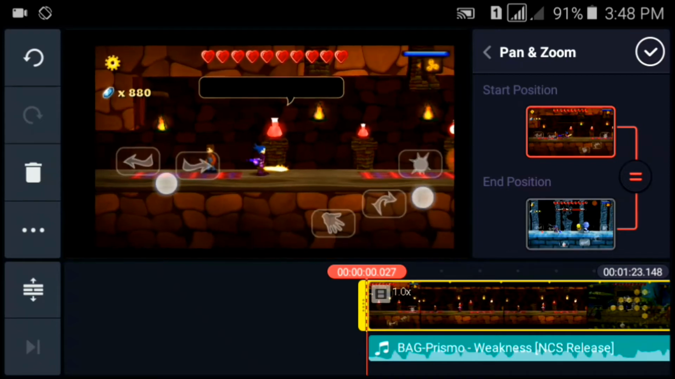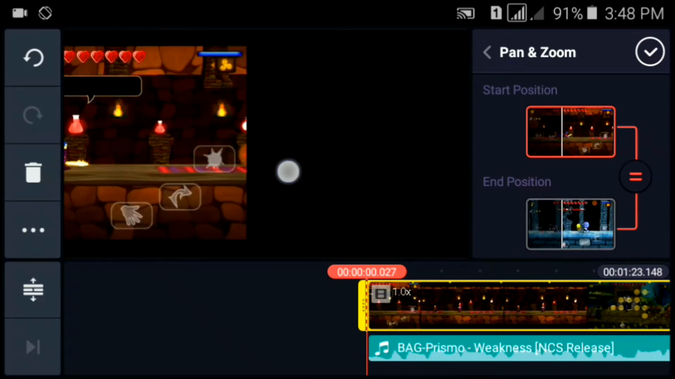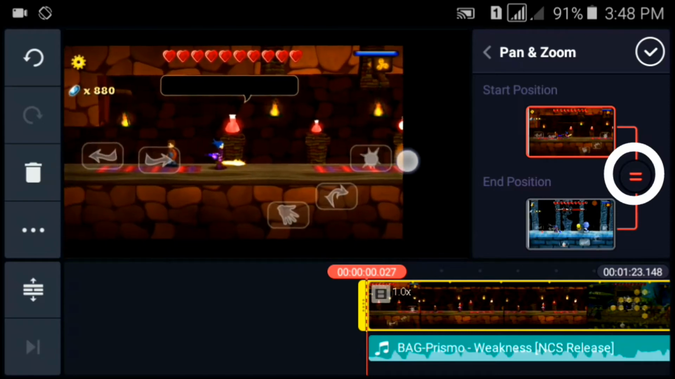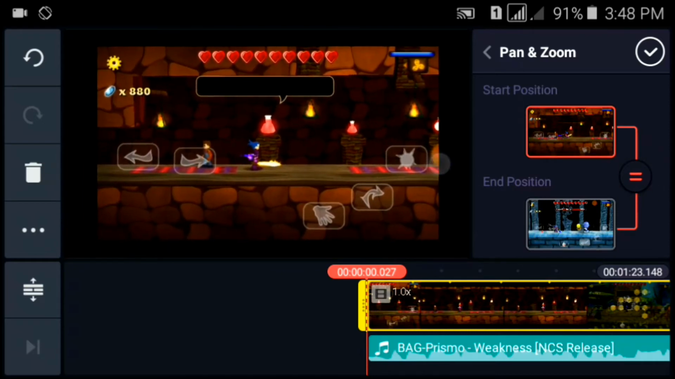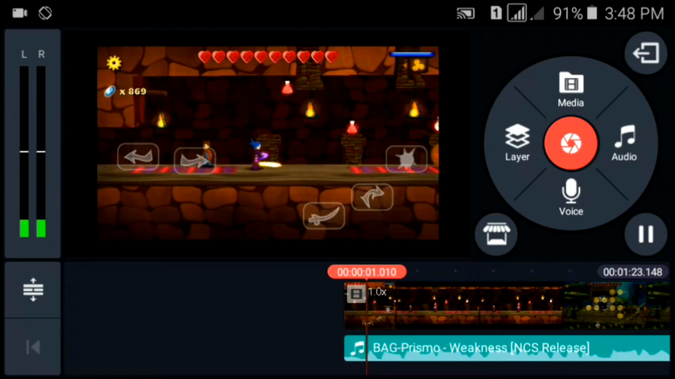Because you have to zoom in and zoom out to crop the video, and you see this equal option, just click on that and then you are done. The cropping is on. That rhymes. So next point,